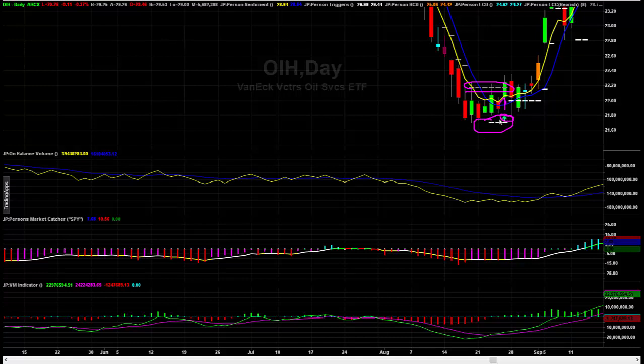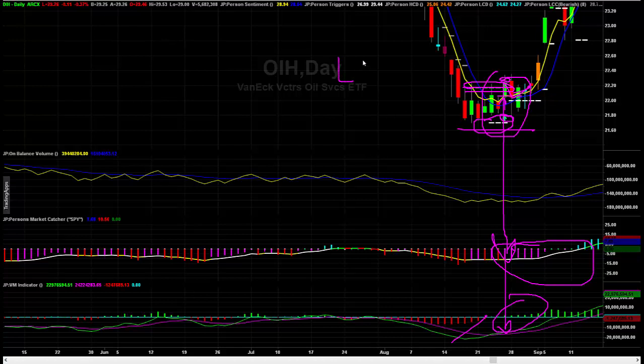The day that generated a buy signal, what did it do? It closed above the last conditional change with appreciation of relative strength on an uptick as volume's moving up. We may look at buying a pullback and looking for better buying opportunities in the market, and I would say, hey, if I've got an improved relative strength and an uptick in volume and a breakout of an LCC buy signal, this would give me a heads up to start looking at establishing a position. And then, of course, there it goes.